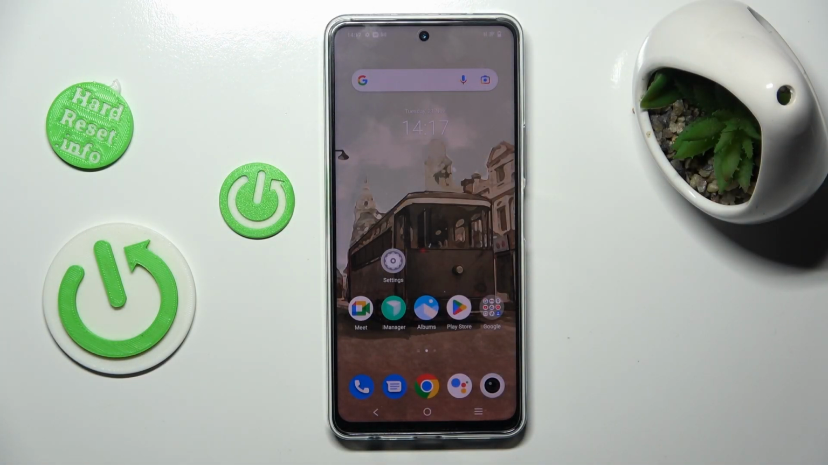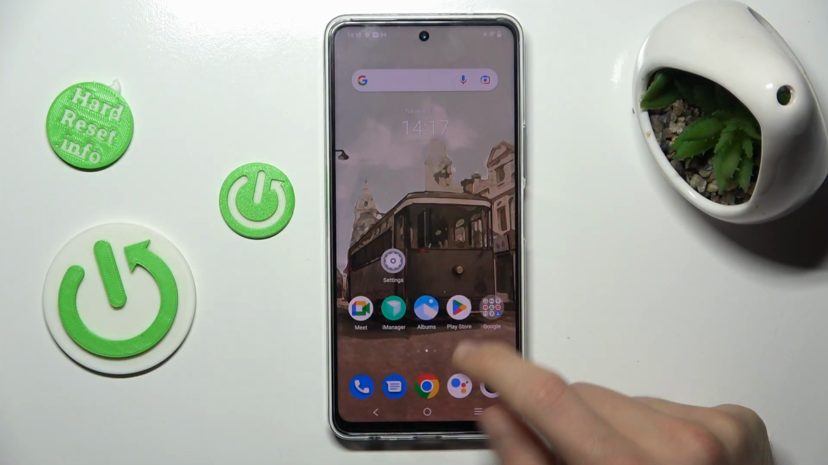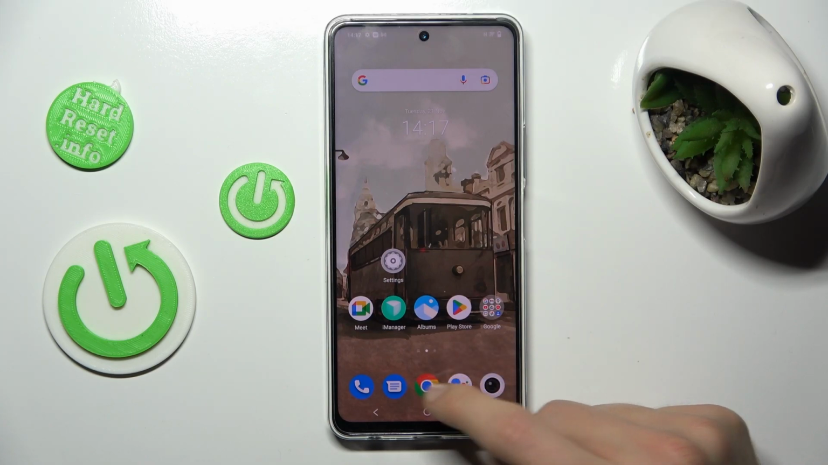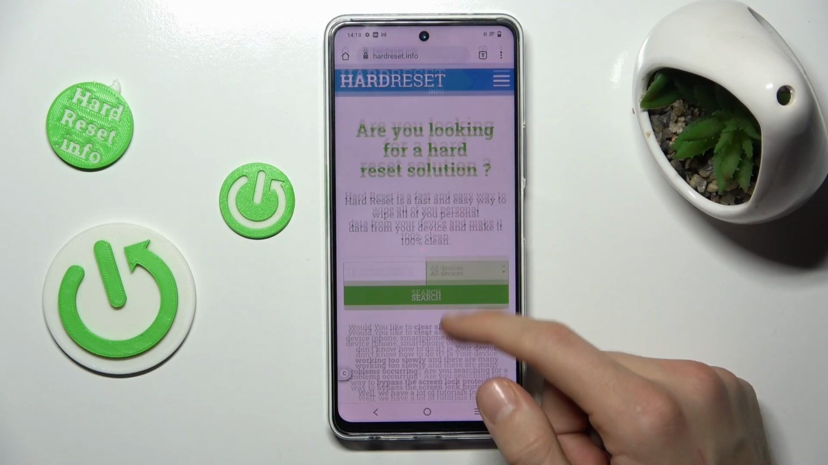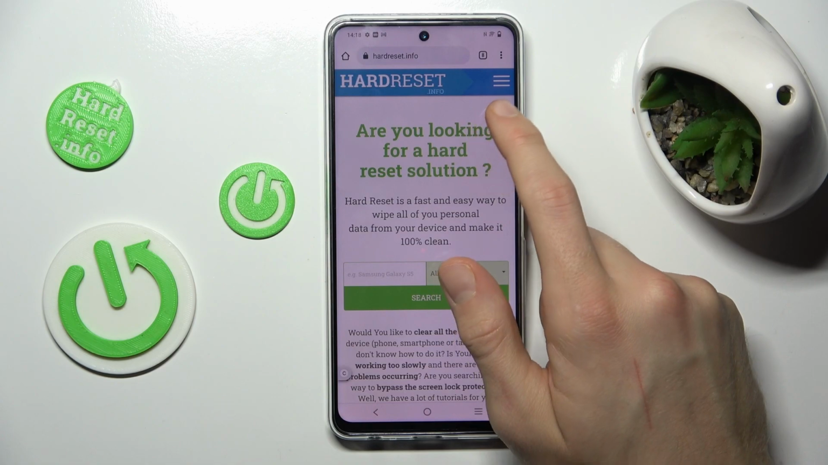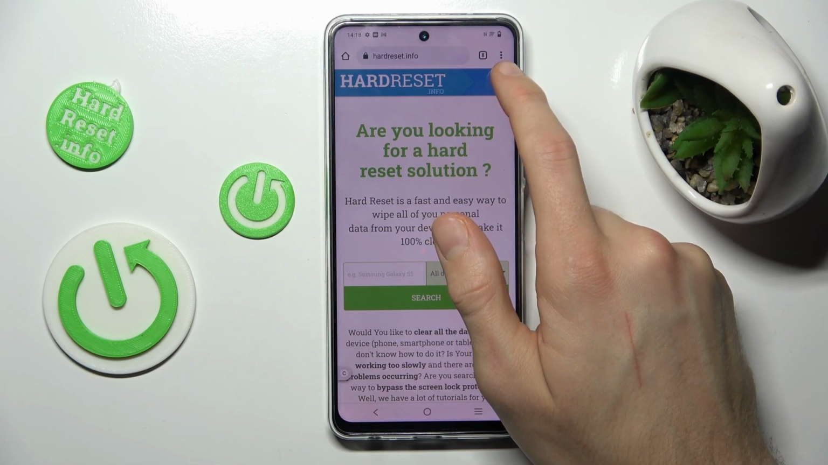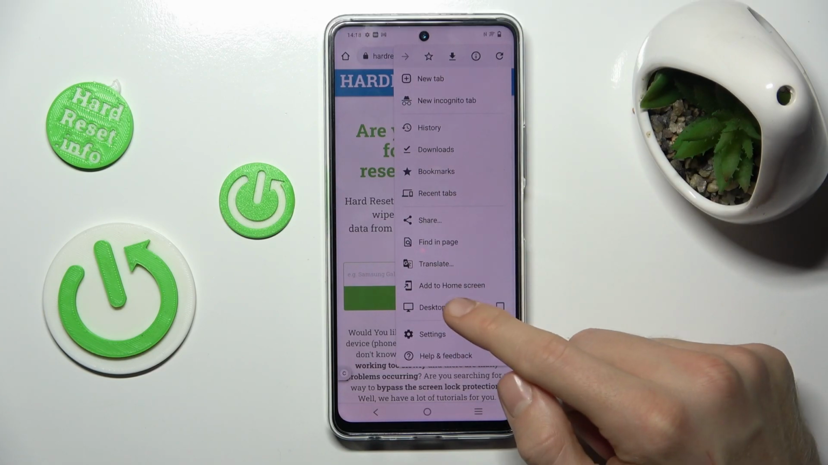Today I will show you how to add website shortcut icon to home screen on your VIVO Y36. The first step to do that, we must open the website which we want to add to our home screen, and in my case it's HardReset.Info. And to do that we must click on the three dots on the right corner and now add to home